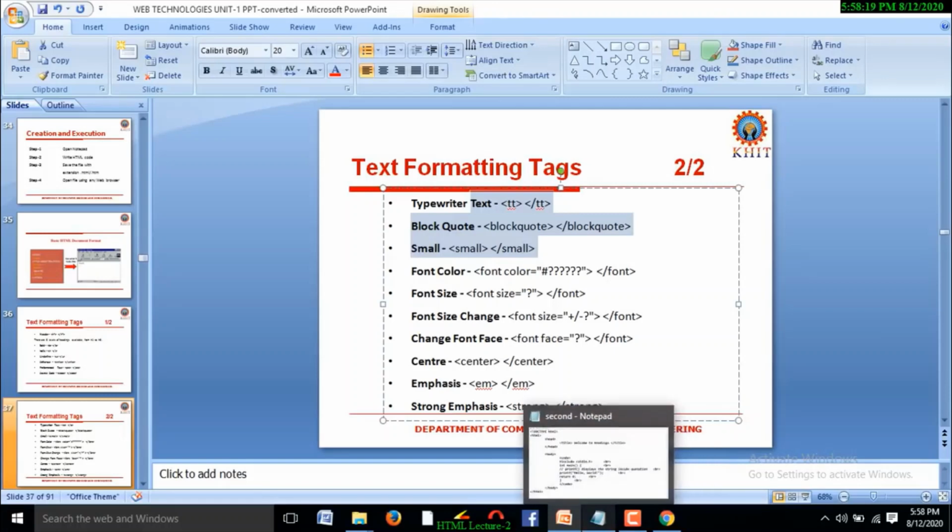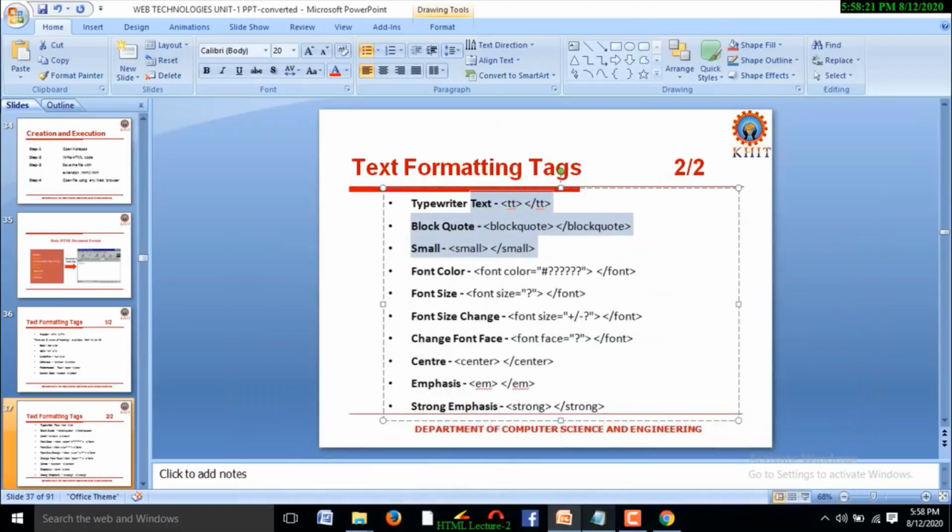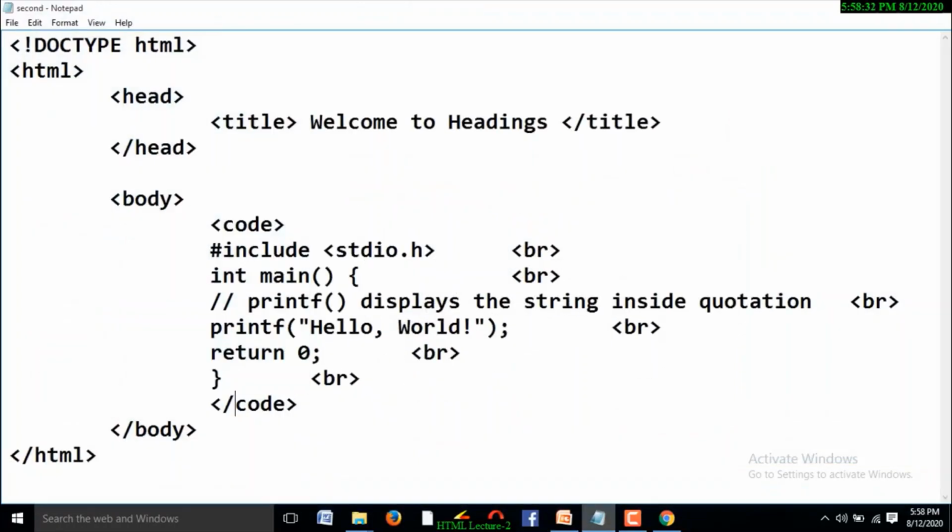Observe the example. Which tags we are going to discuss? We are going to discuss about teletype text, block quote, and small. Yes. Go to the example.